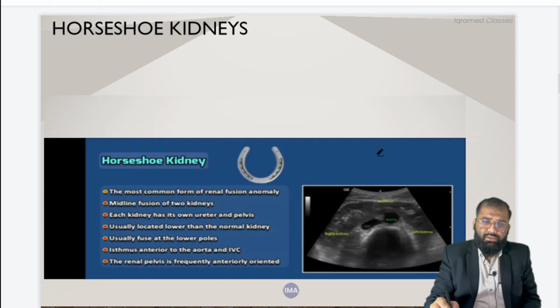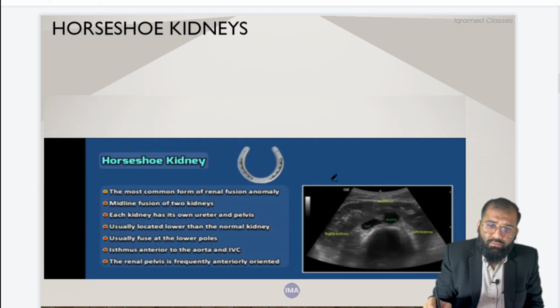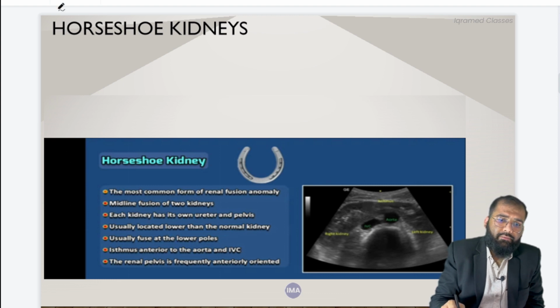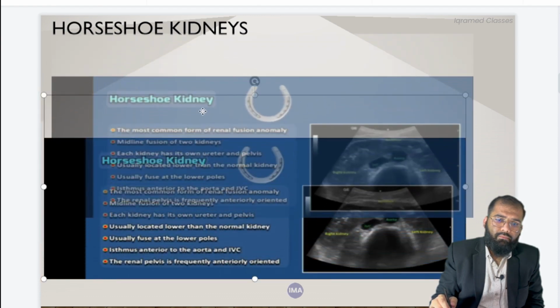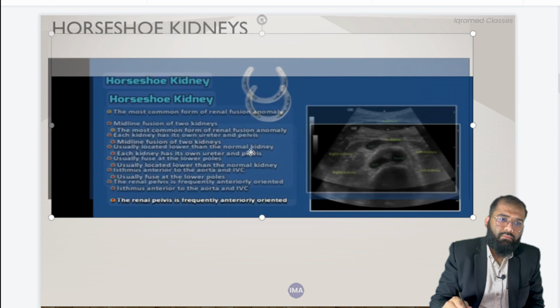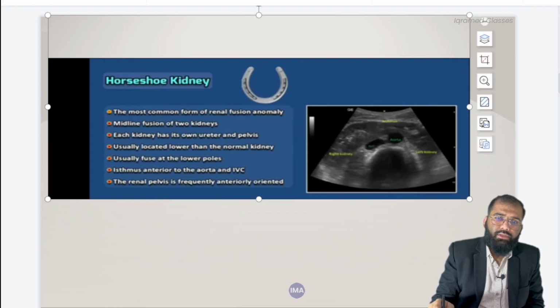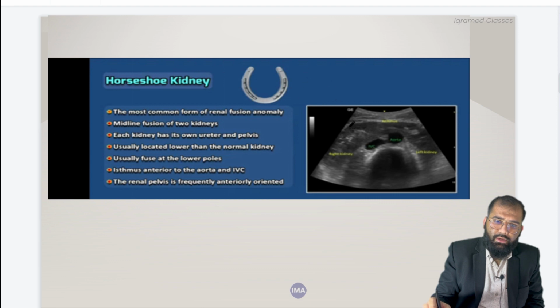Now, look here, this is the image of horseshoe kidney, one of the most common fusion anomalies. So, this is the kidney on the right side, and this is the kidney on the left side. In the center you can see this is the IVC, this is the abdominal aorta,